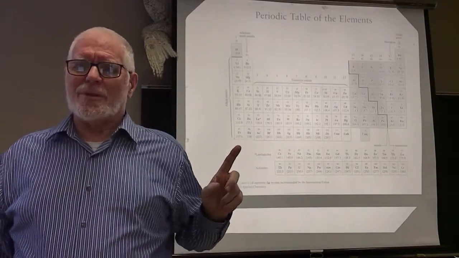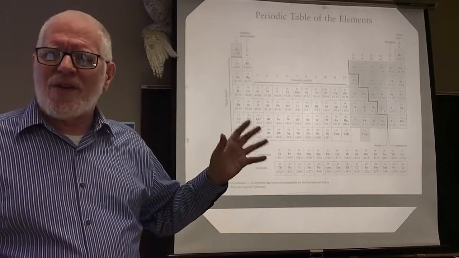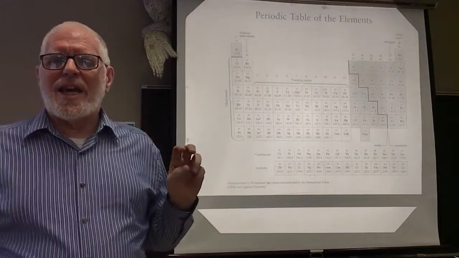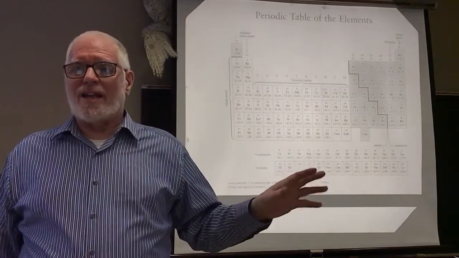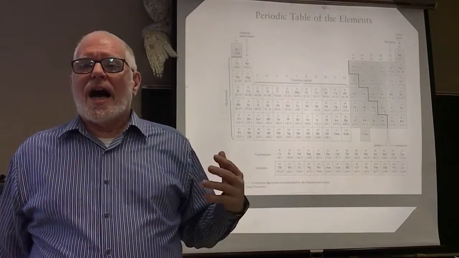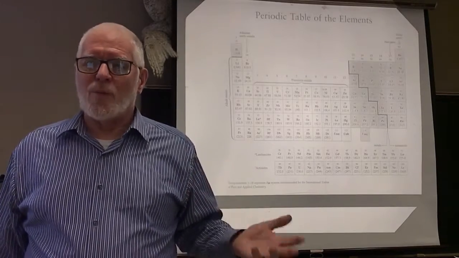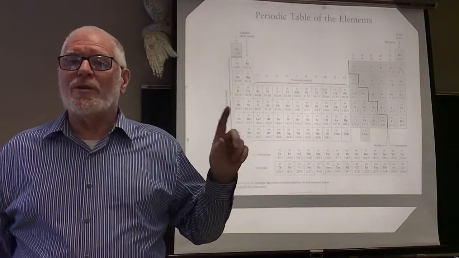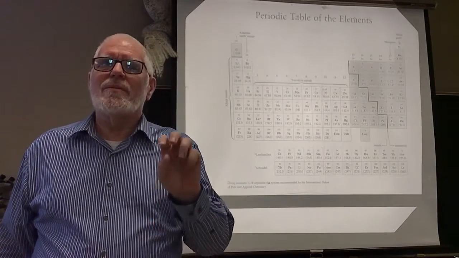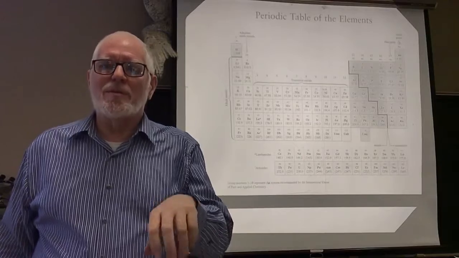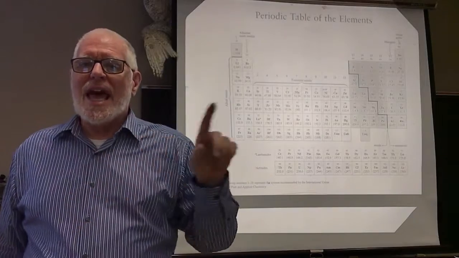So why aren't these whole numbers? A lot of you know the reason already. It's because of a factor. What they do is look, for any given element, there are a couple of different isotopes you could find that element in out in the real world. Isotopes that are unstable, you're not going to find as much of them. Isotopes that are stable, you're going to find way more of them. And that's how they get these numbers. They factor in the weight of the most common isotope plus the proportion of the most common isotope, the weight of the second most common plus the proportion, the weight of the third plus the proportion,